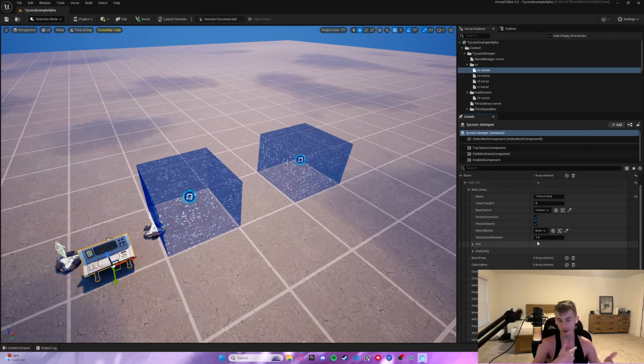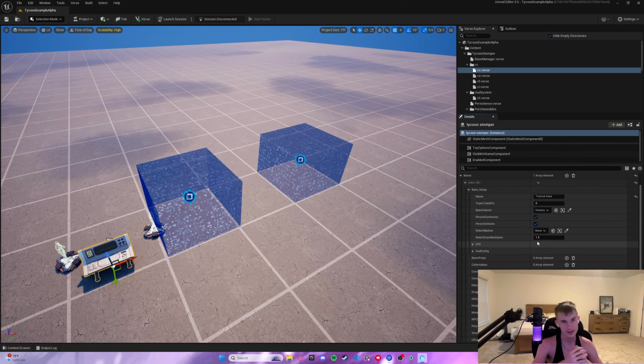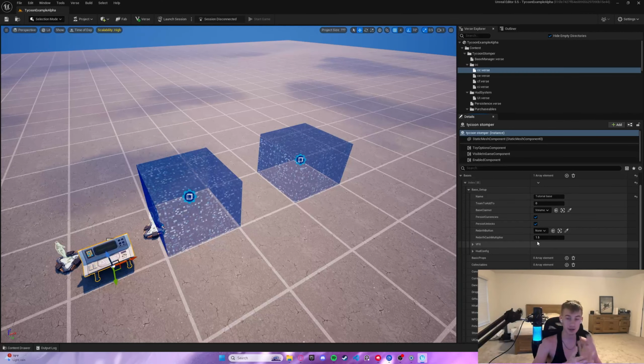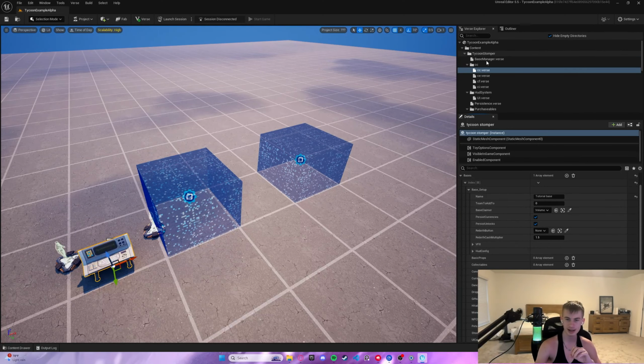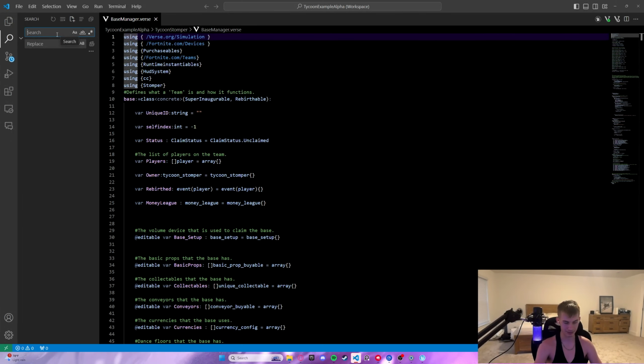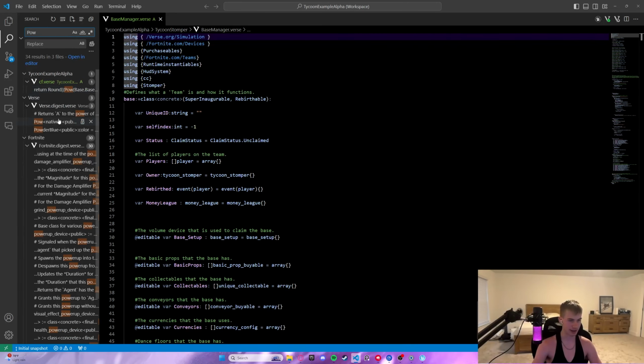So if you're on rebirth 1, you'll generally get 1.5 times more cash. If you actually look into the rebirth code, you can find the equation. I'll go find it for you guys so you can see if you like math. I think it's POW. Yeah, if we do POW,